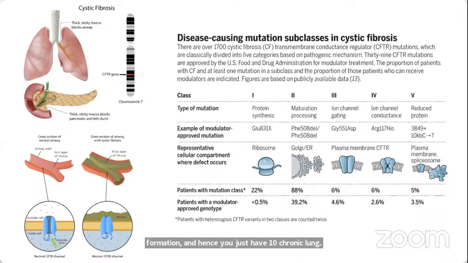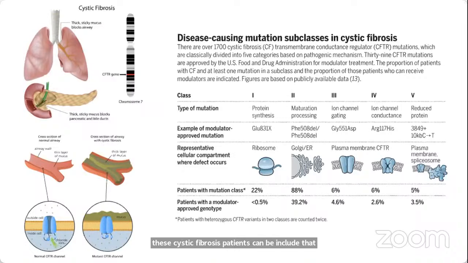There are also other mutations, like the one that involves the gating mechanism, glycine to aspartate, which causes complete loss of the protein in the plasma membrane, resulting in the gate being too narrow. So generally, the life expectancy of these cystic fibrosis patients can be improved or lengthened when we diagnose